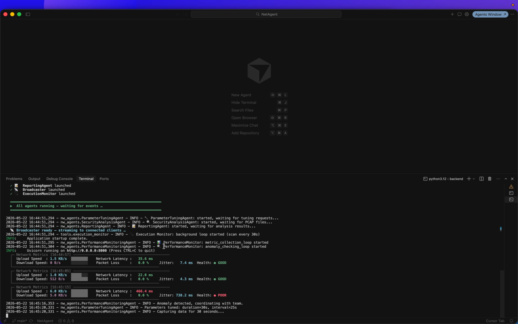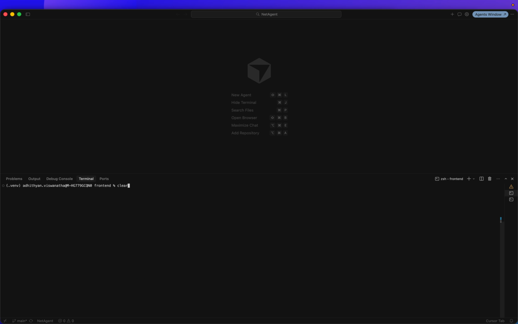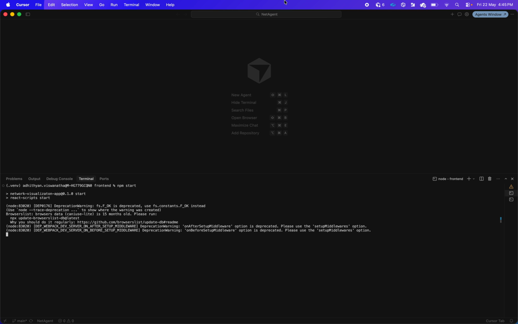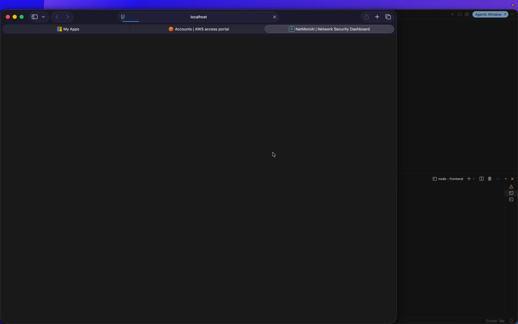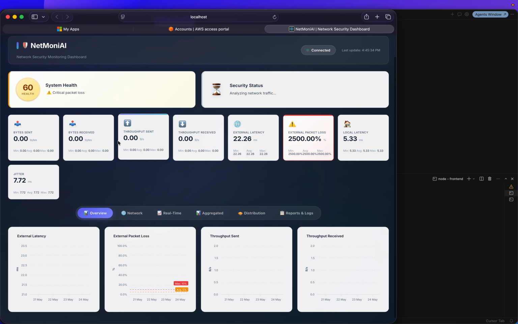Here are some examples where we capture network metrics in real time. This is the dashboard where the user can see the network connectivity across systems.